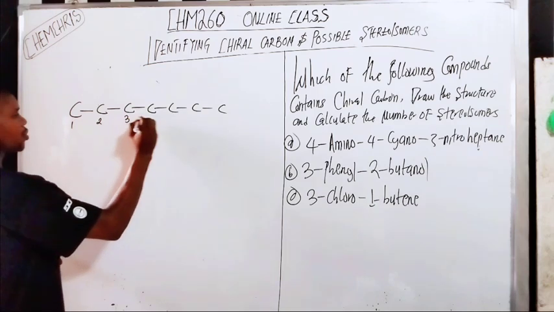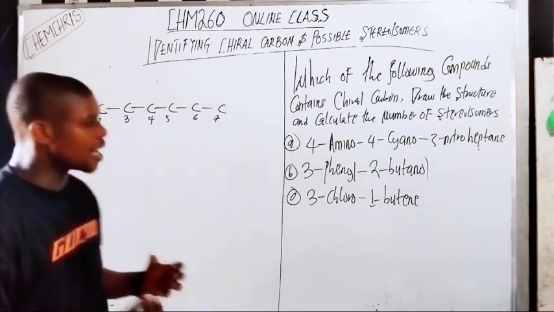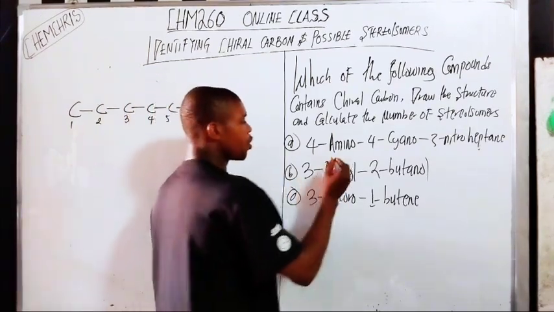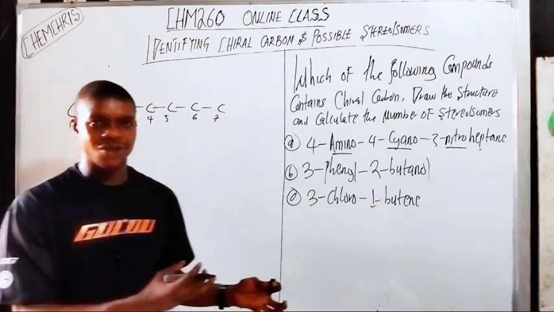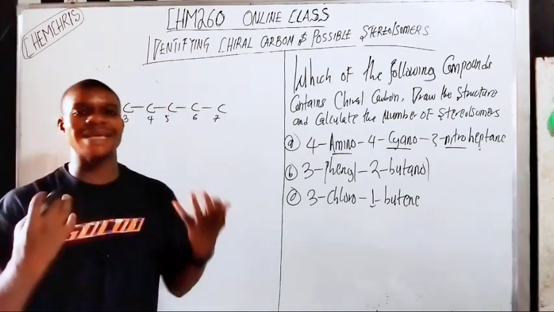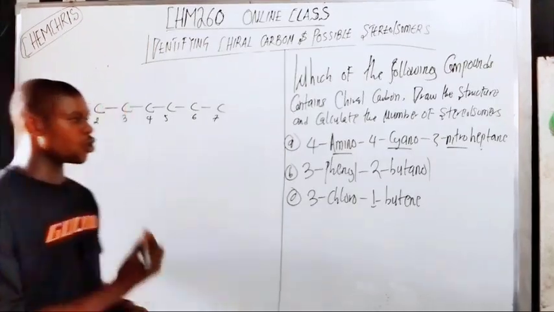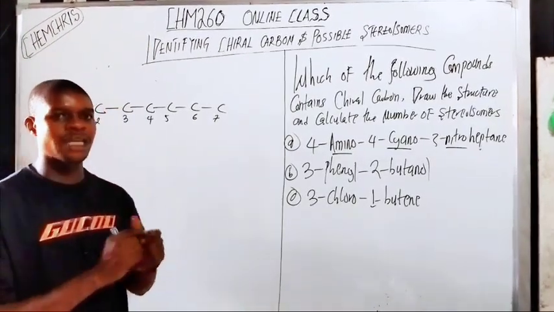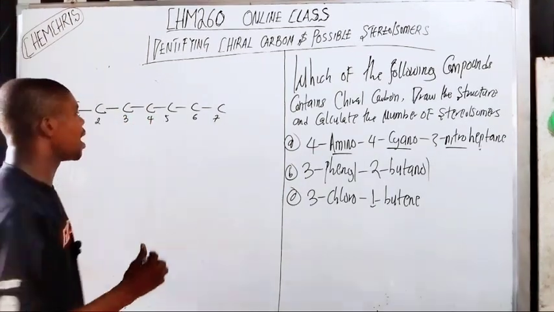1, 2, 3, 4, 5, 6, and 7. Do you understand? Now once I've done that, amino, cyano, and nitro are substituents. They are the side chains that are attached to the parent chain, right? So now let's start placing each of them in their position on the carbon atoms. At carbon number 4, I have amino,